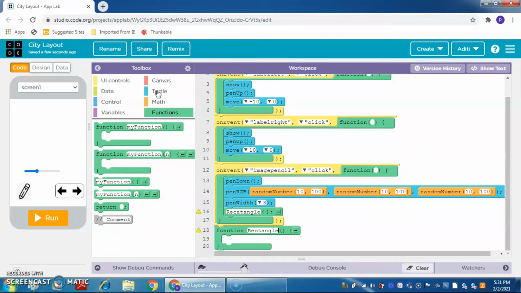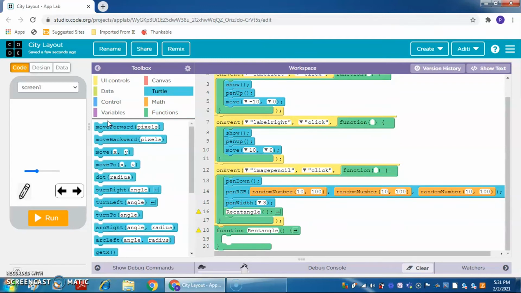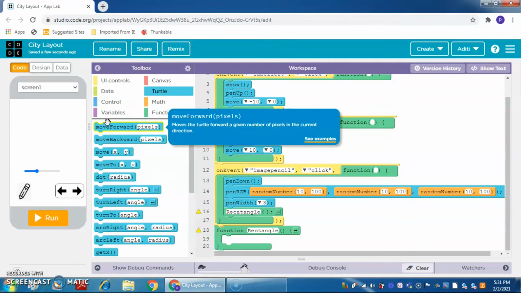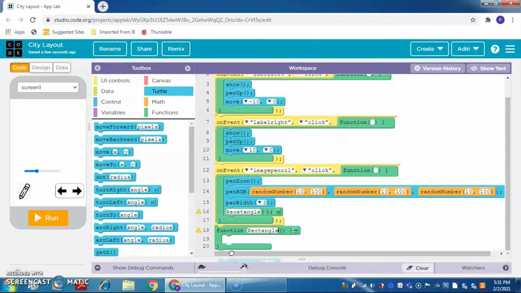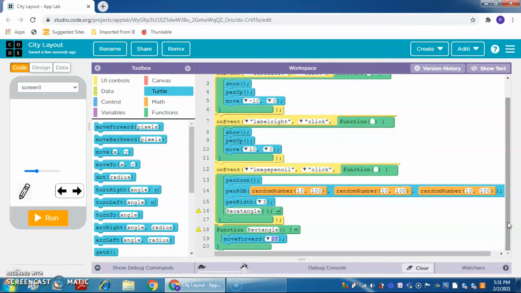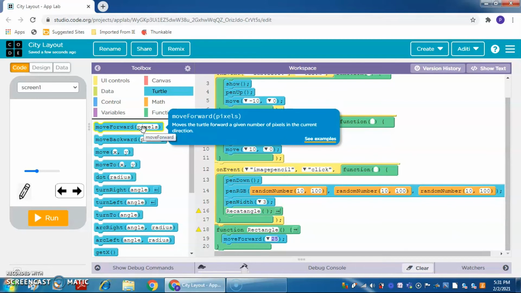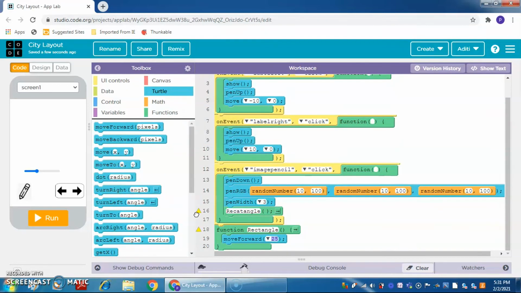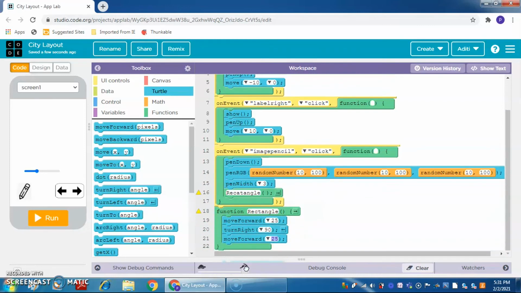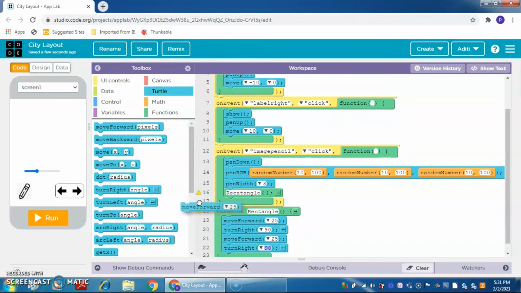Now we will take move forward and turn right. These blocks are to form a rectangle. We will move forward, turn right, then again move forward, then again turn right.